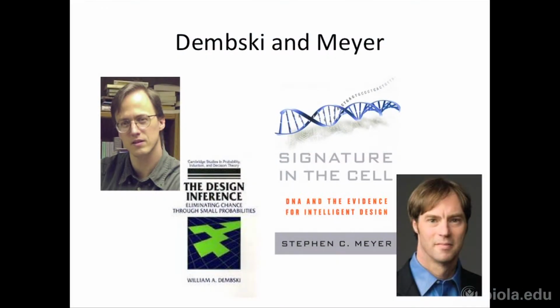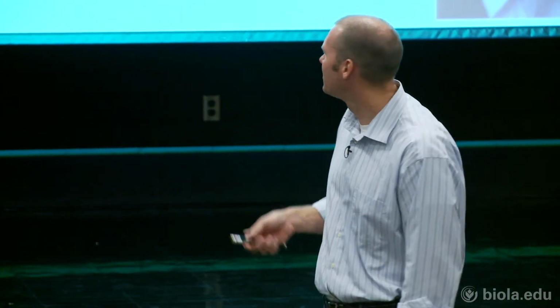Most of what I'm going to talk about right now is from the work of these two guys. This is Bill Dembski, and his classic book, The Design Inference, is where I got most of my probability analysis. He's a mathematician thinking about complex systems. You should read his book. It's a hard book to get through because it's a lot of statistics and math, but I'll boil down the basic take-home messages here.